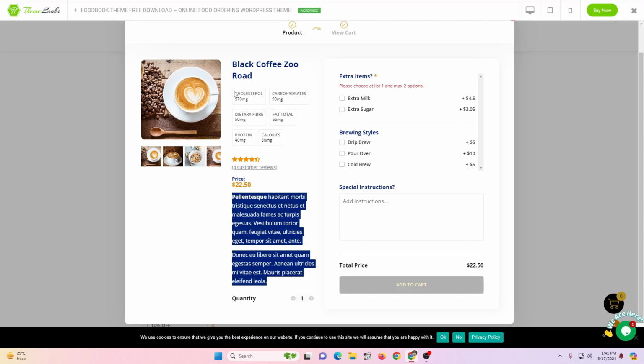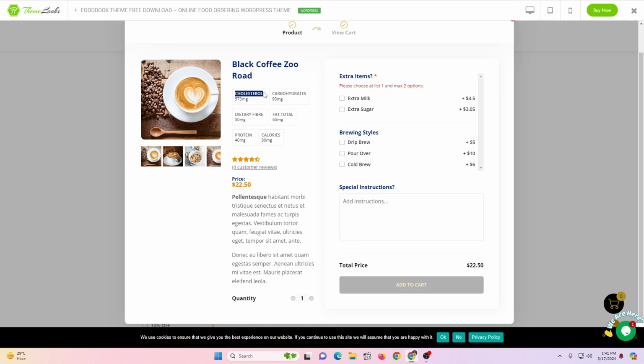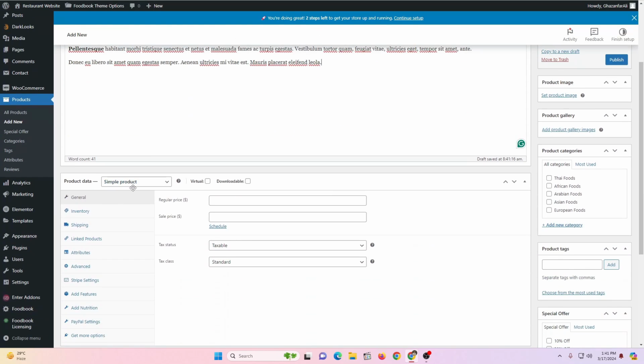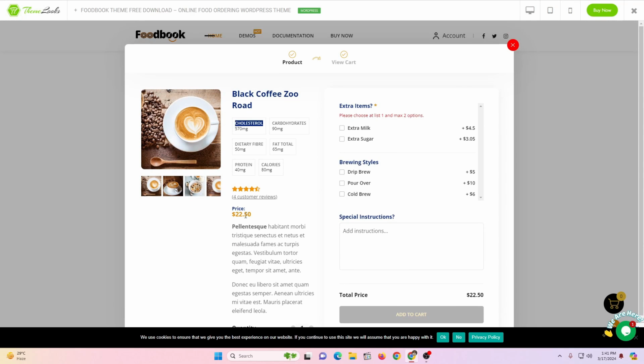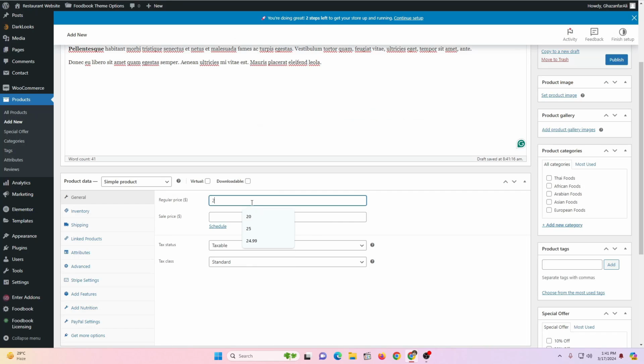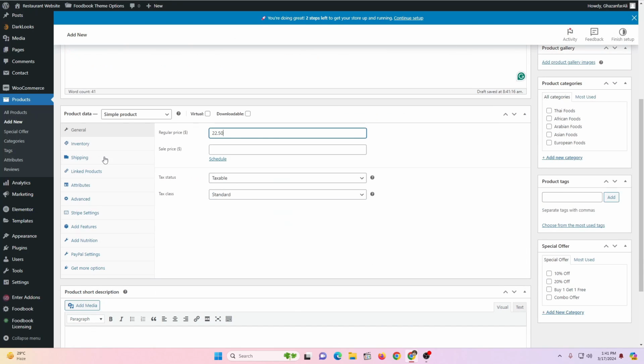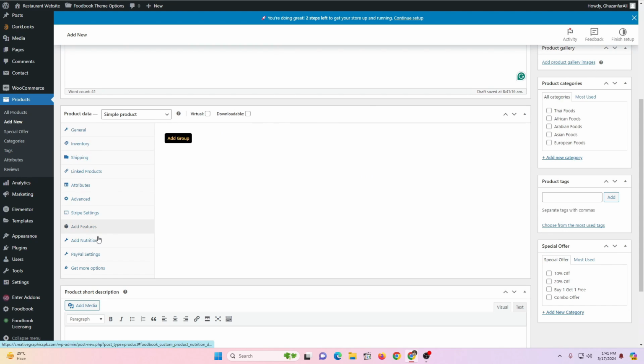And then next up we have some of these options. We can insert these options. So copy these titles from here, then go here. First of all, we have to add the price of the product. So the price is $22. So I'm going to add 22.50 cents, and then in here what you want to do is to go to this add features, or you can go